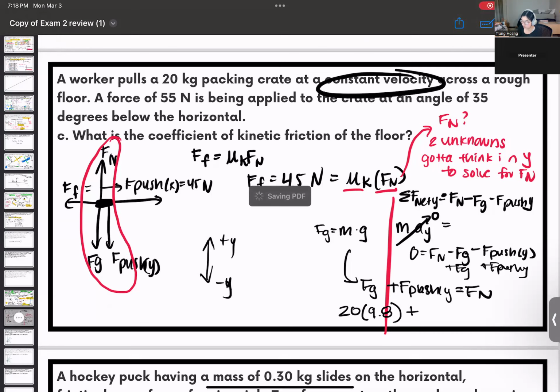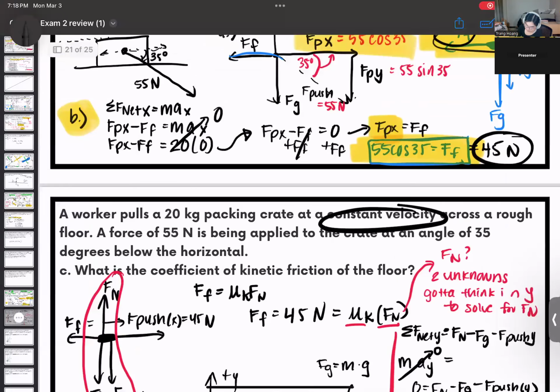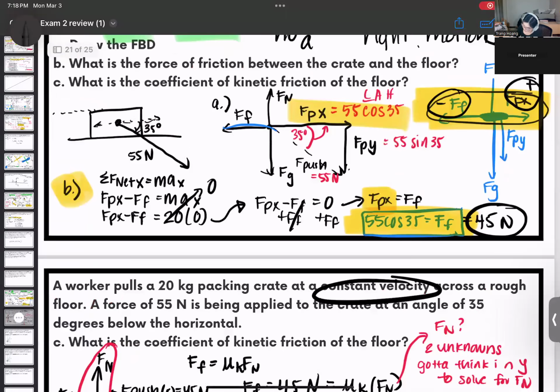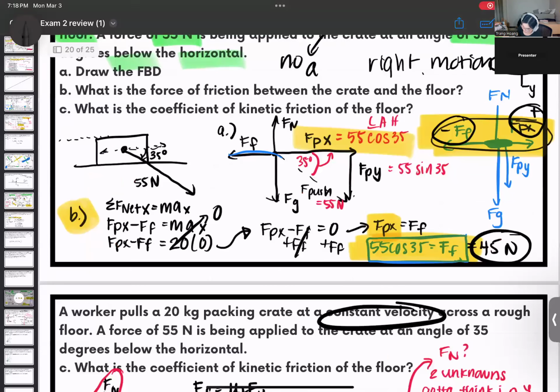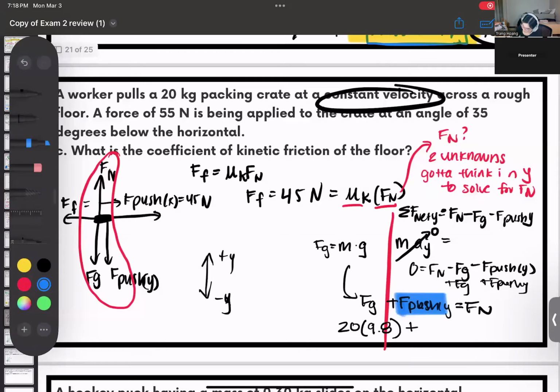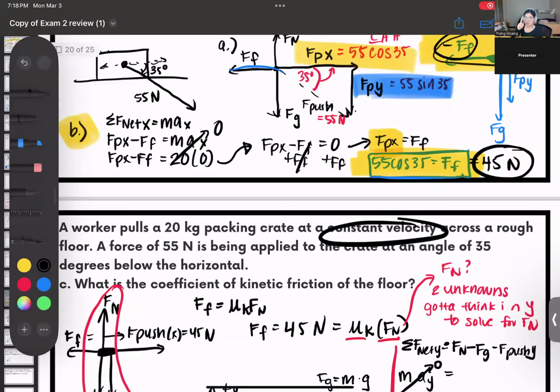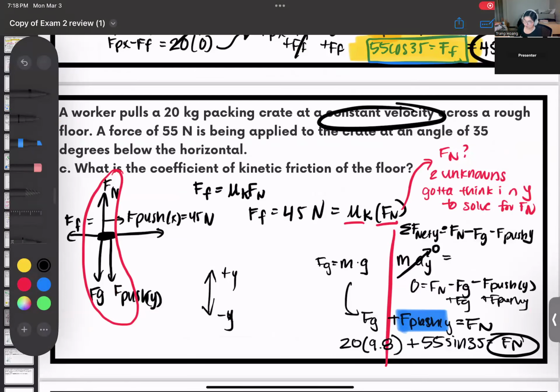Yes, we do. Oh my gosh, we do know F push y. Look, guys, look to the slide above. F push y. Look at that. F push y, right here: 55 sine 35. Once you add them together, you'll get Fn. Okay, so that's not the final answer yet, because remember, we're still solving for a coefficient. Once you plug this all in, I think you get